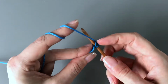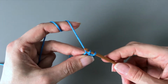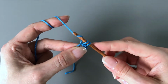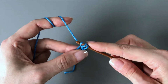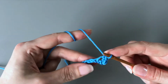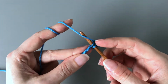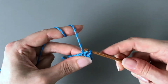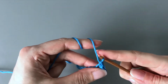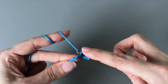Insert your hook, pick up the yarn, pull it through. So now you have 2 loops on your hook. Pick up the yarn over again, rotate, again same as when we were making the chain, and pull it through both loops. Second single crochet. Now again, move on to the third chain. Insert, yarn over, pull through. Yarn over and pull through both loops. Next one, insert, yarn over, pull through